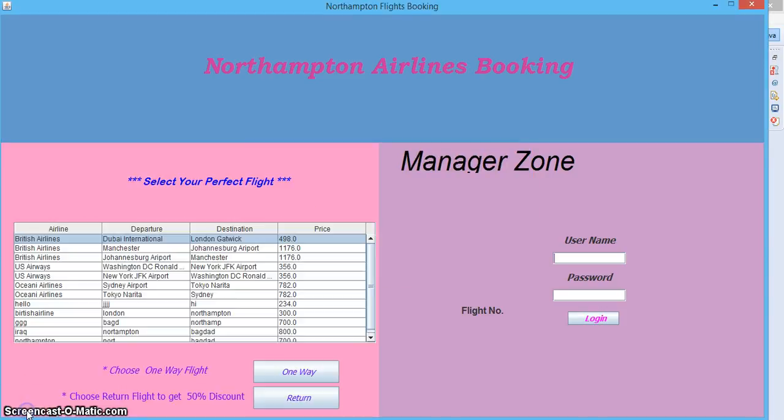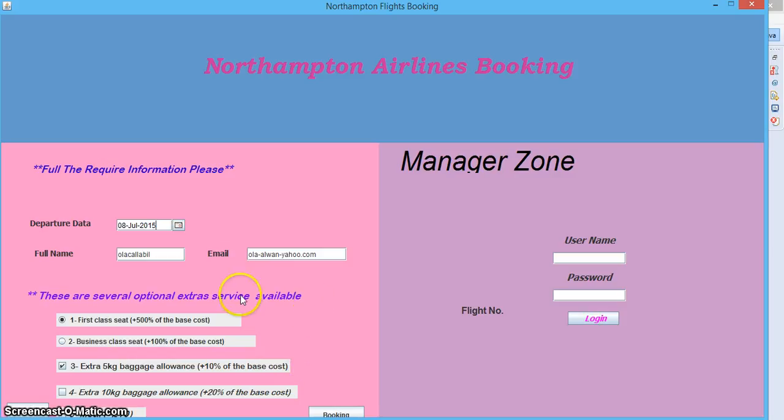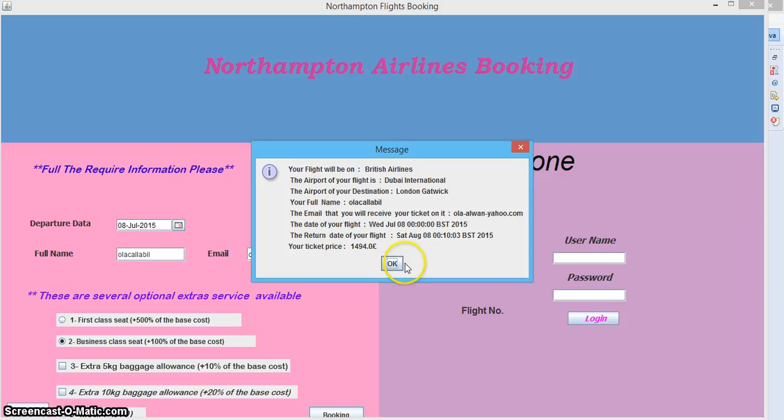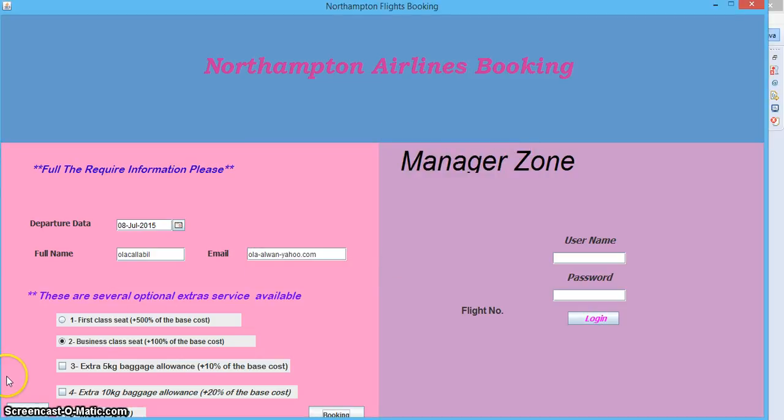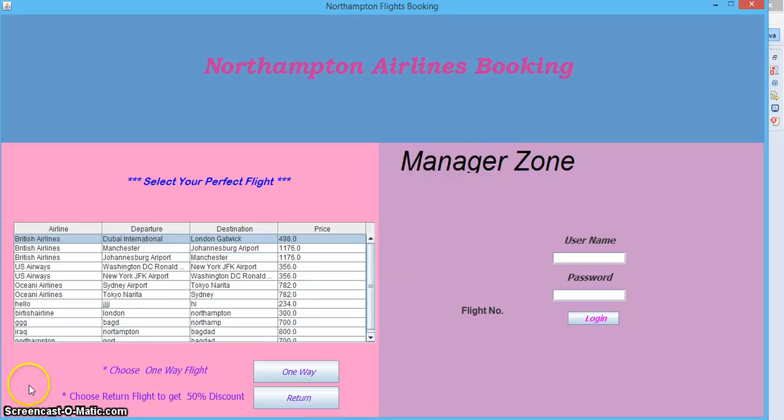Now let's go back. This is the price of the flight he selected, and let's say he just clicks on one way and doesn't choose any of these, just the business seat. This is his information. And now let's go back. This is the information that he chose